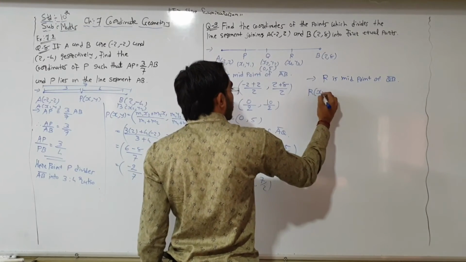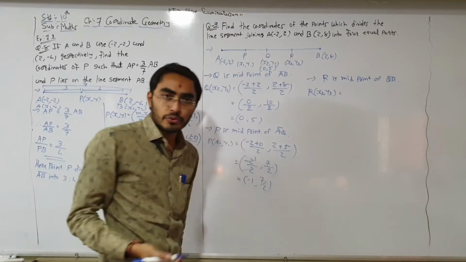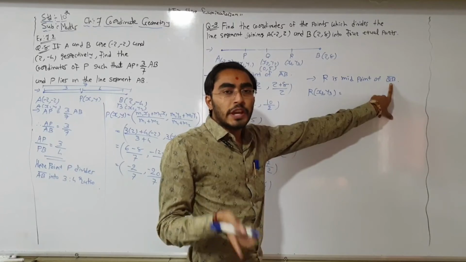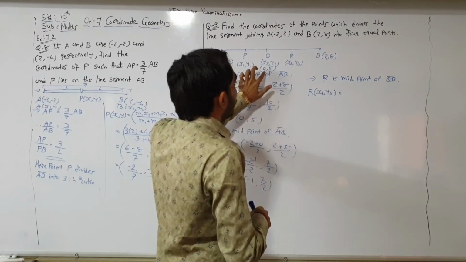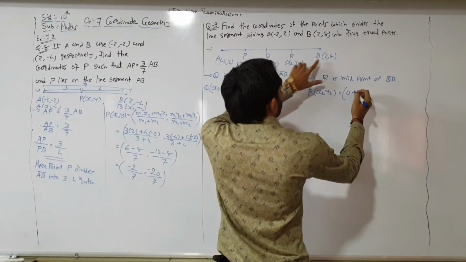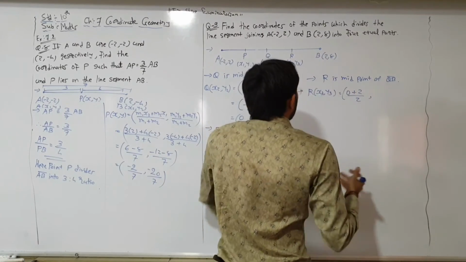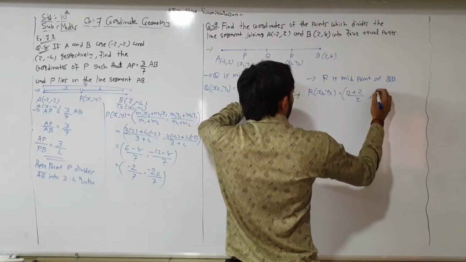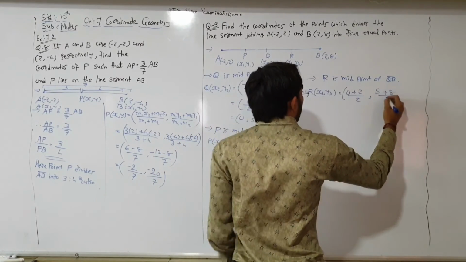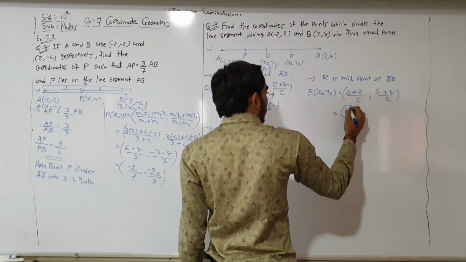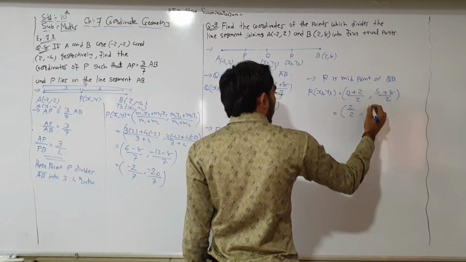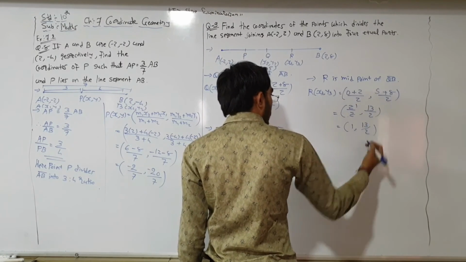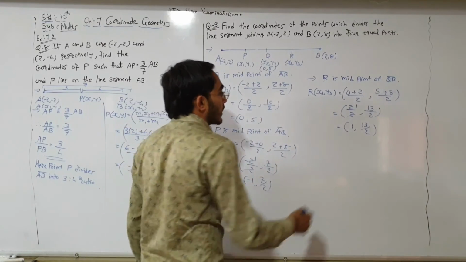So for R, x3 y3 is equal to, now Q और B दोनों के x कोऑर्डिनेट का एडिशन डिवाइड बाय 2. So 0 plus 2 by 2. Addition of x coordinate divided by 2. Now addition of y coordinate divided by 2. So here y coordinate 5 plus y coordinate 8 divided by 2. So 0 plus 2, it's 2 only, divided by 2. 8 plus 5, 13 by 2. Here 2 ones are 2. So 1 and 13 by 2. So these are the coordinates of R.